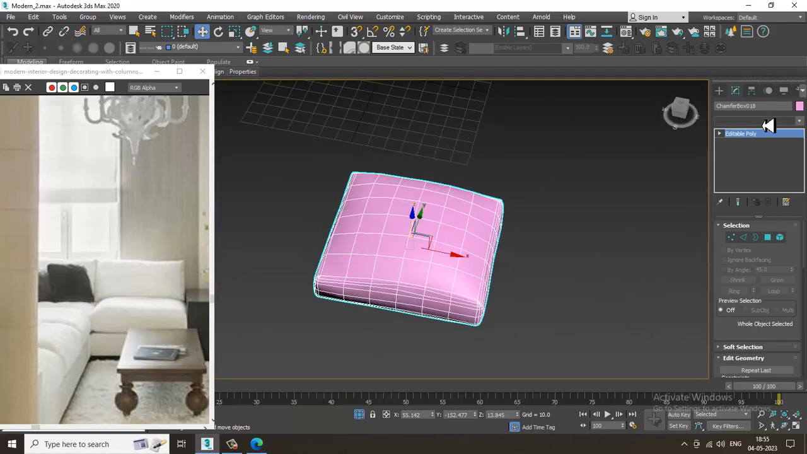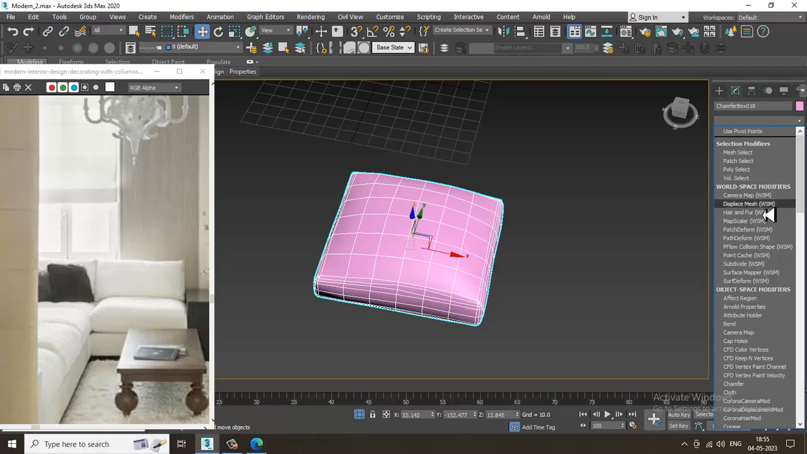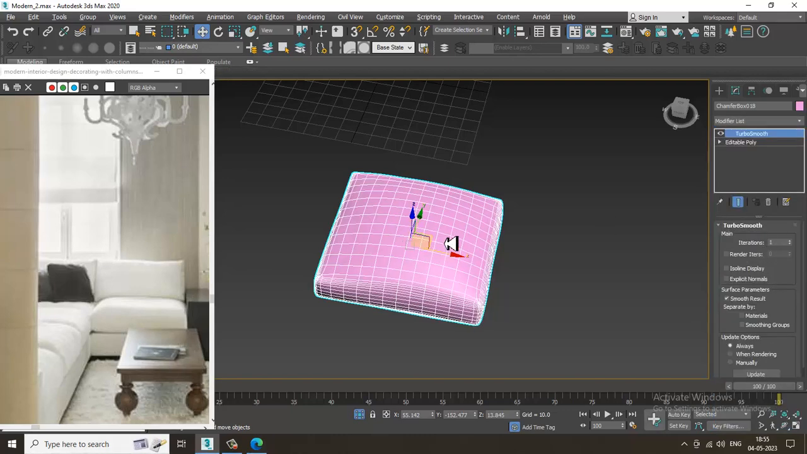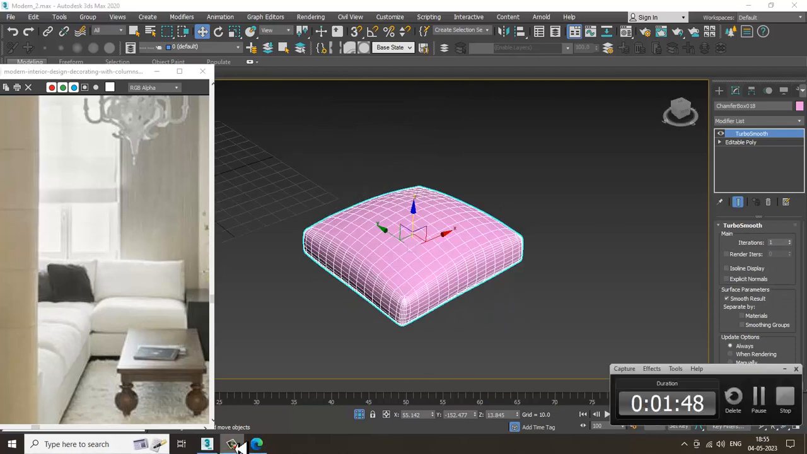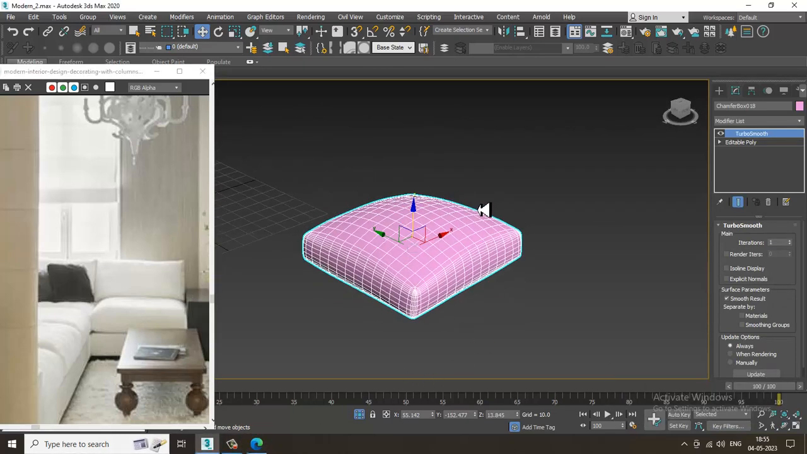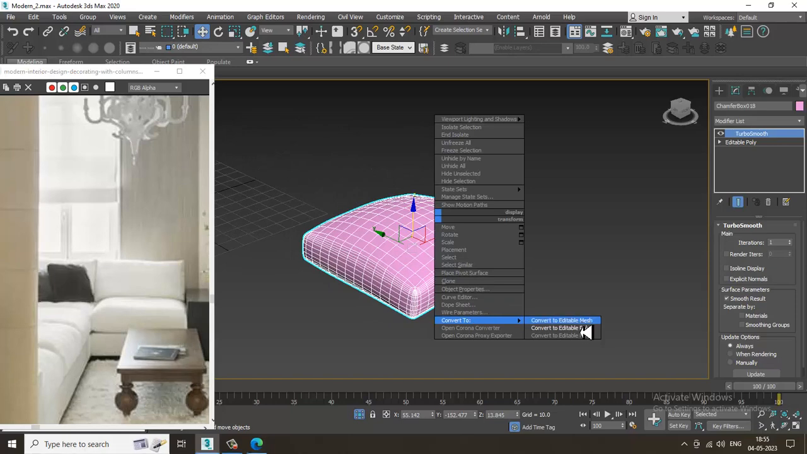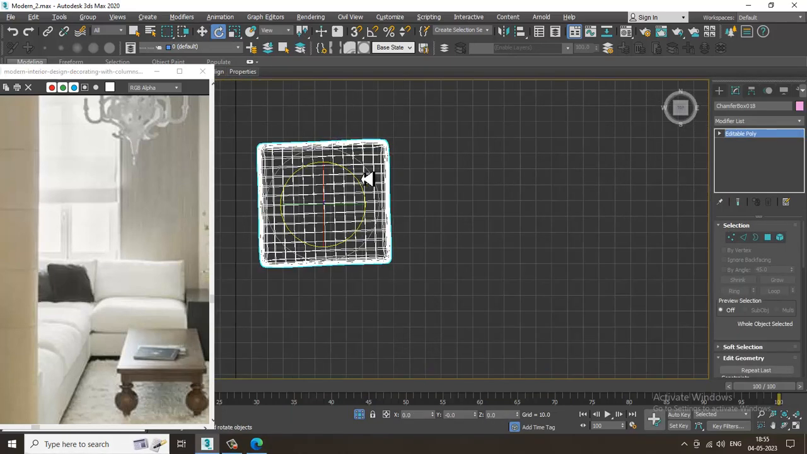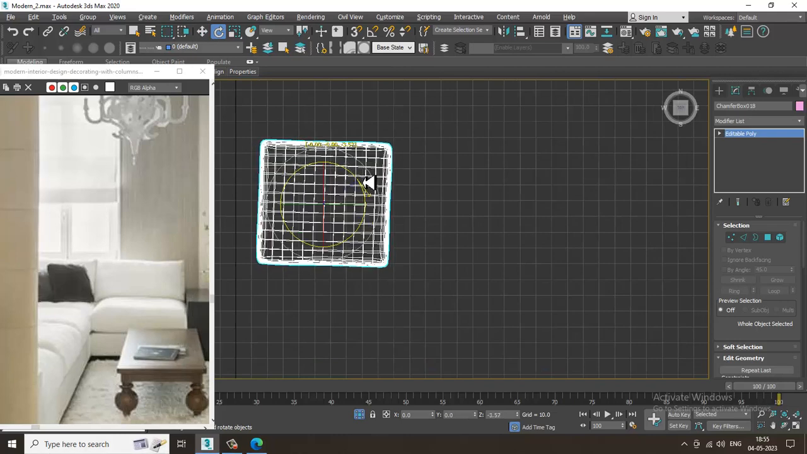Let's go into the modifier and let's assign a turbo smooth over here. So we can just assign a turbo smooth modifier over here. Let's convert to editable poly. Let's go to the top view. Go into the